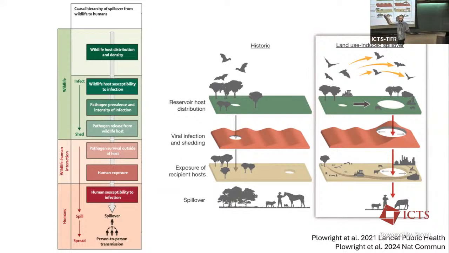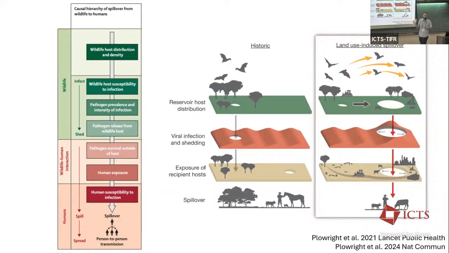But there's no one there. There's no one there to receive it, right? They are shedding virus into an empty environment, so the risk of spillover is very low. But once you have these changes to the environment that place new things into the landscape, you can create opportunities for changing host behavior, right? So maybe they've lost some of their historic habitat, and so they have to move to new areas. So that might place them into proximity to humans.